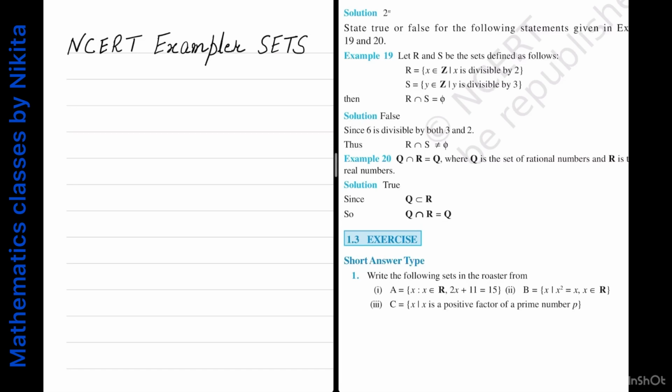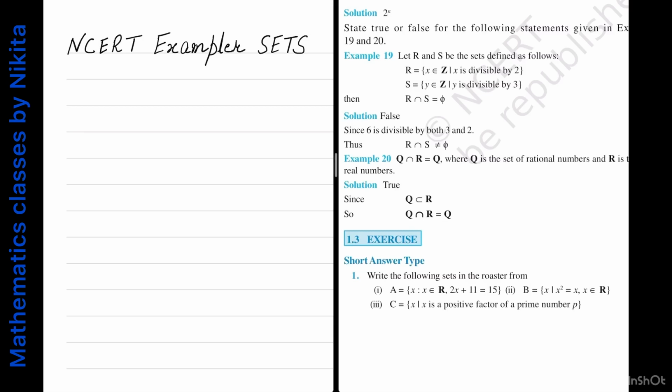My suggestion is that instead of solving other reference books, it's a request for all of you, please solve this exemplar which is provided by NCERT, as it covers all the basic concepts, plus they have given a nice theoretical portion before each chapter, so you can brush up your concepts also, and then solve the exemplar exercises. So let's start with chapter 1.